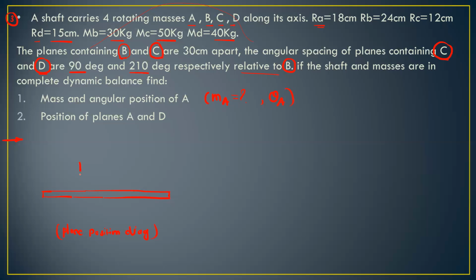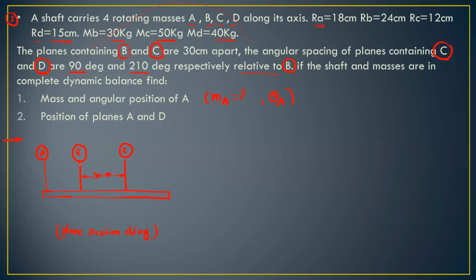So suppose this is the mass B and this is mass C. So the spacing between these 2 planes, that is a plane containing mass B and mass C, this is 30 centimeter. Okay, we don't know the position of remaining 2 planes, that is a plane containing mass A and plane containing mass D. Okay, so I will assume the mass A,